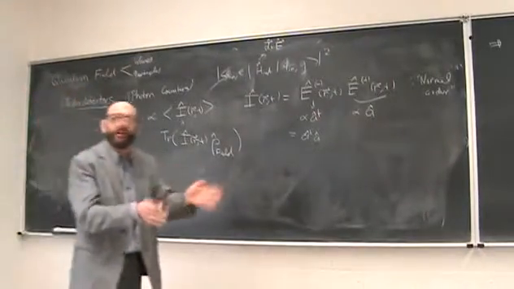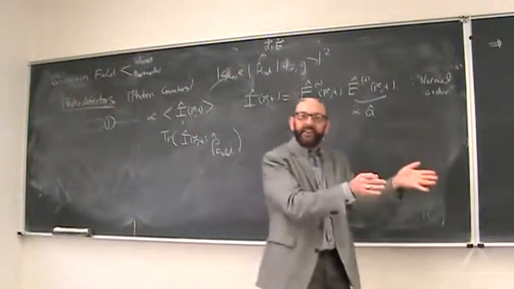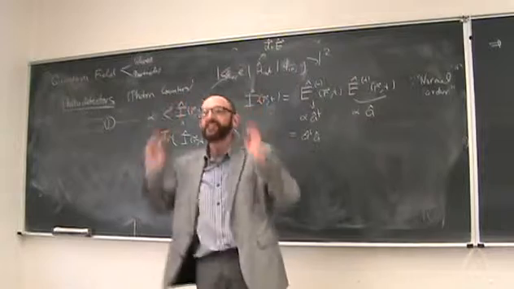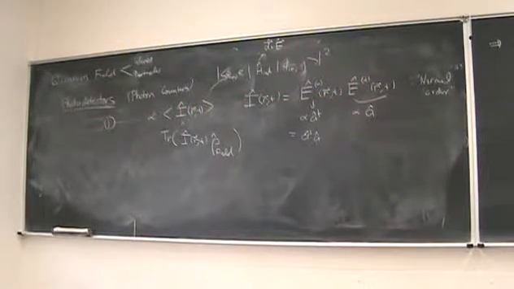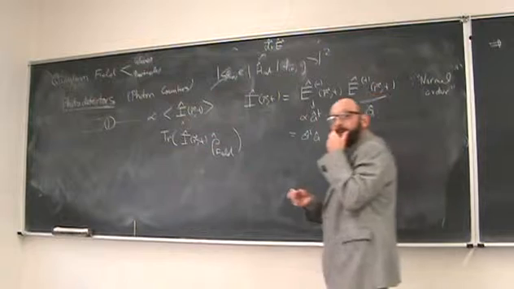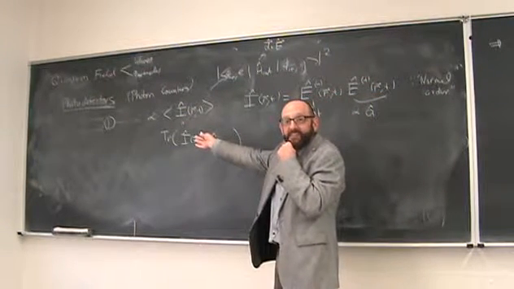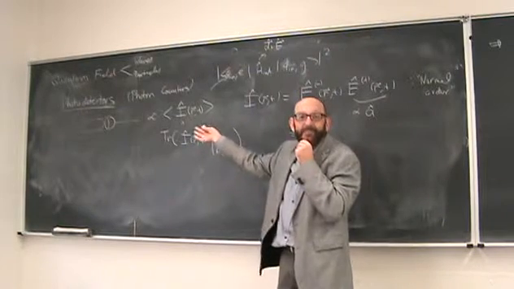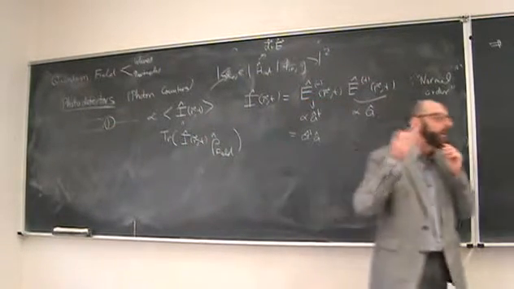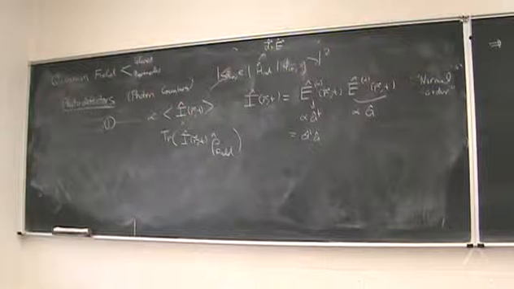You measure an observable, you get an eigenvalue. If you get that eigenvalue, the system collapses onto the eigenvector associated with that observable, the eigenvalue that is measured. But that's not what a photon counter does. A photon counter absorbs the photons. But what is true is that the photon counters,